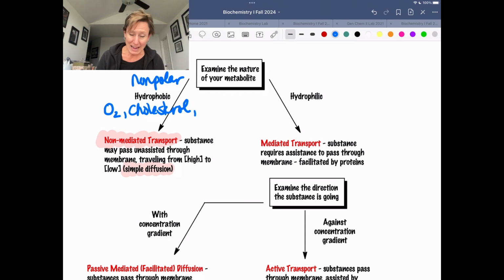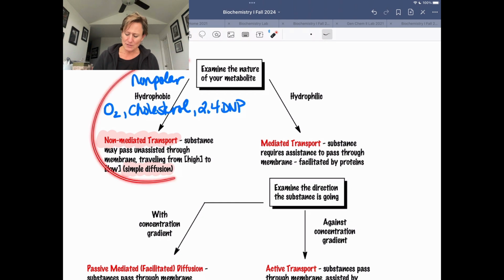Okay. And then lastly, we're going to talk about a substance. We've talked about this already, but 2,4-dinitrophenol. Okay, we'll talk about how and where it's used. Just a reminder, we've talked about this molecule before. It was a diet pill in the 1940s, but we'll talk about why it's no longer a diet pill that's readily prescribed because of the downstream consequences of it. So lots of things probably fall into this category, but they're not going to be the focus of our study